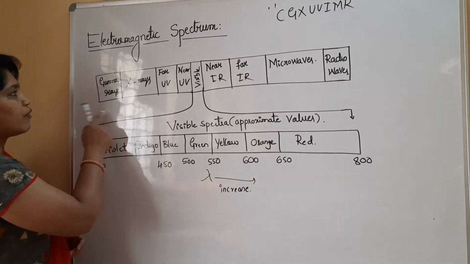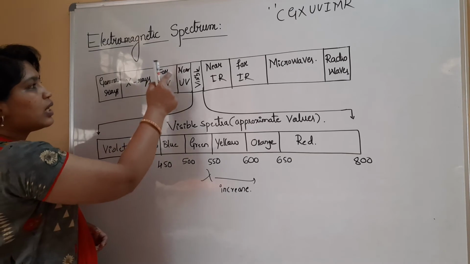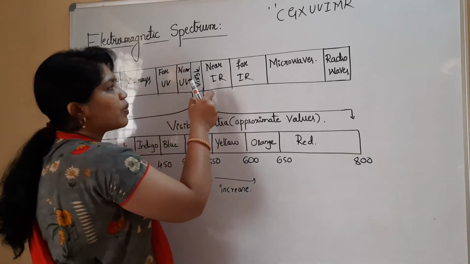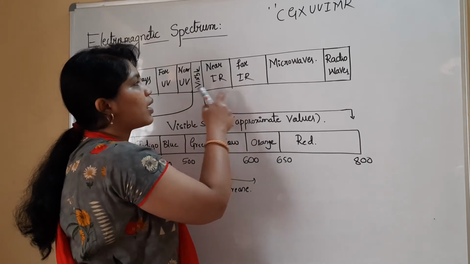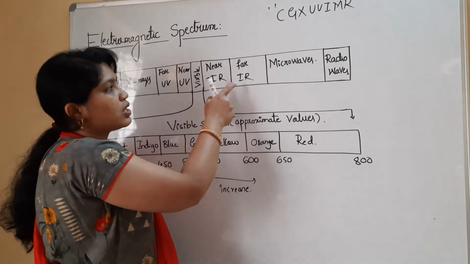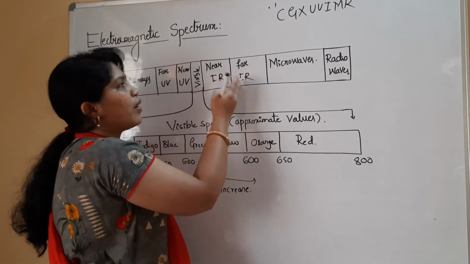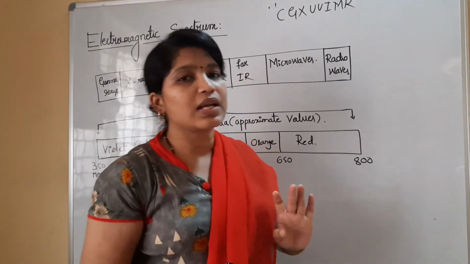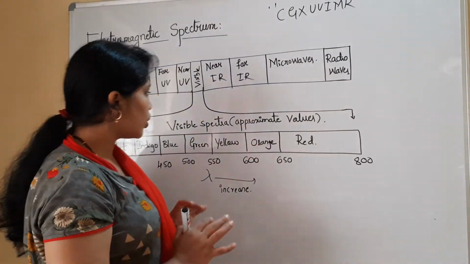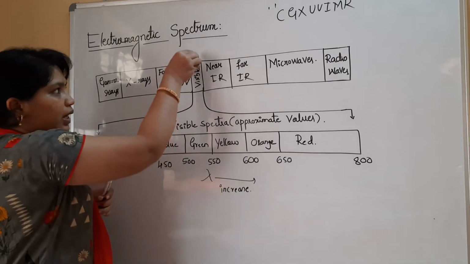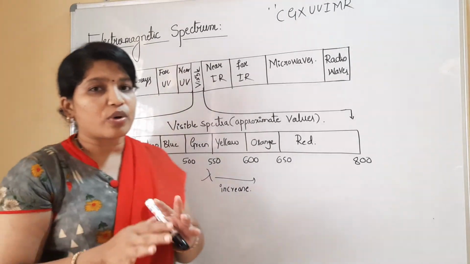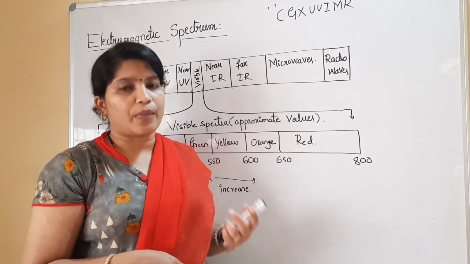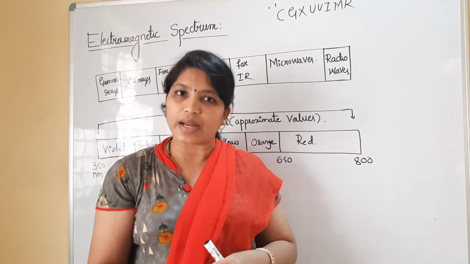Now see here, very first I have gamma rays, X-rays. This is said to be far UV, this is said to be near UV. In the middle I have the visible region, then I have near IR, far IR, in the sense infrared radiations, near and far to the visible. Then I have microwaves, and lastly I have radio waves. Now when you consider particularly the visible region, generally we will be observing VIBGYOR. Rainbow color is made of VIBGYOR, which comes soon after the rain.